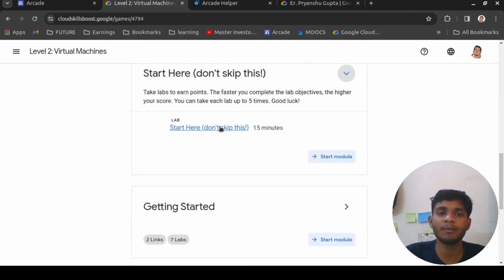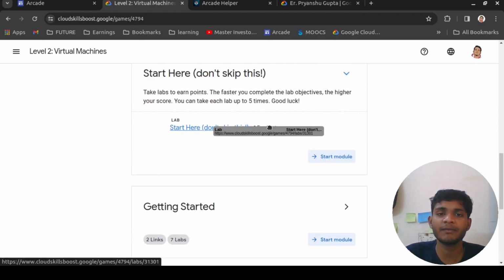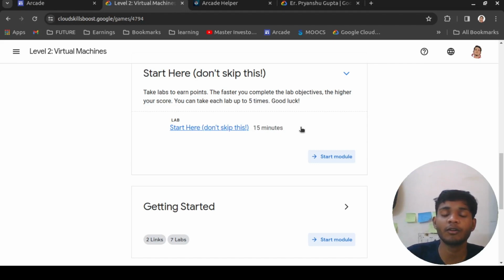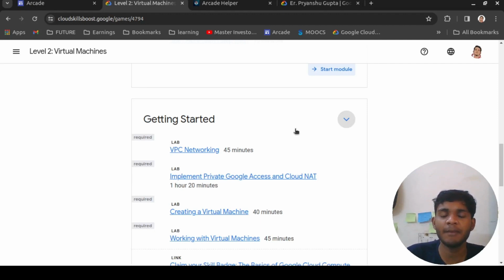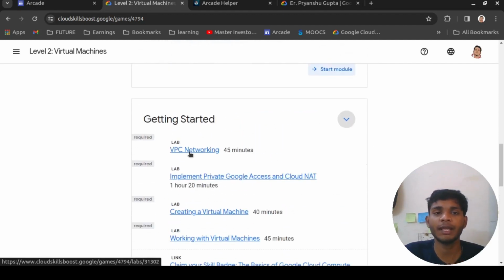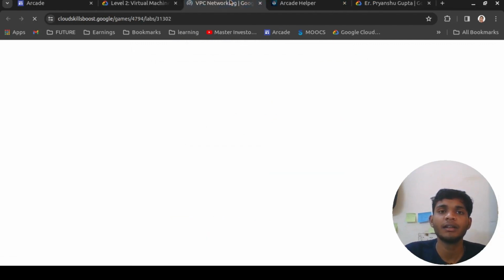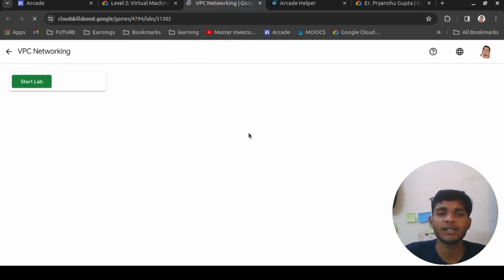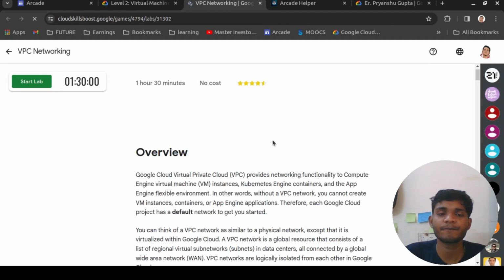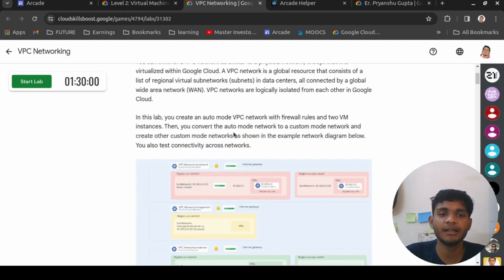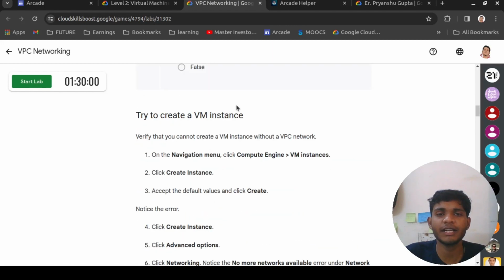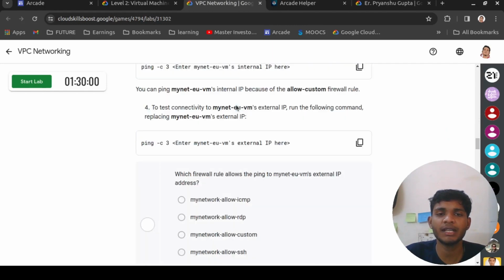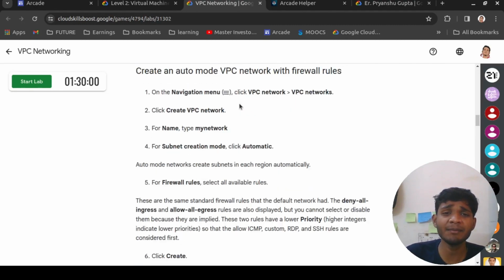So you just have to complete each lab, and there is a time given for each lab. If you cannot complete the lab in the given time, then you have to try again. But labs are easy, the time is plenty. So how a lab goes, for example, I am opening this lab. Here you can see the lab time is given, and you just have to follow along the written statements, follow along the tutorial which is given here, and complete the labs.